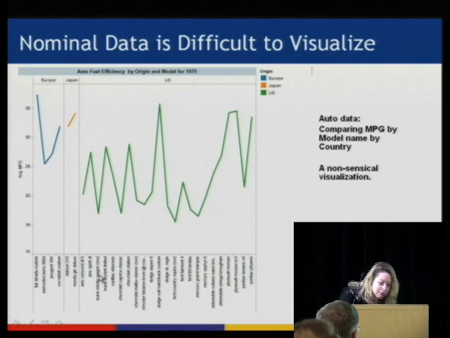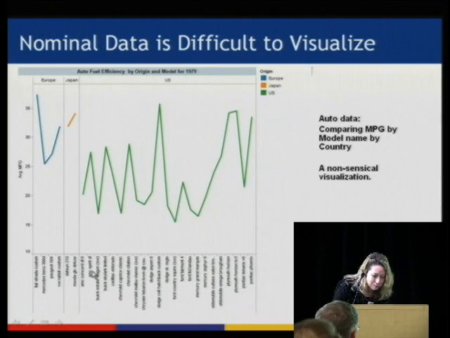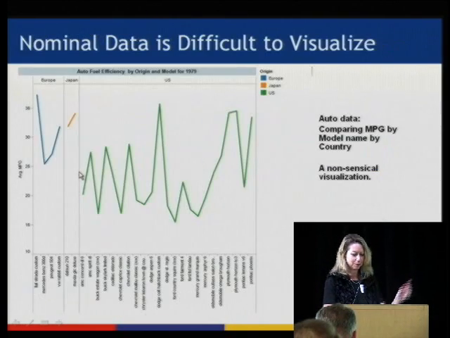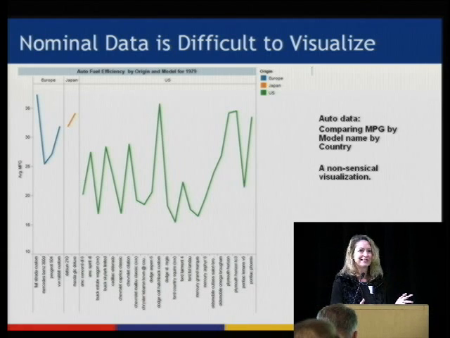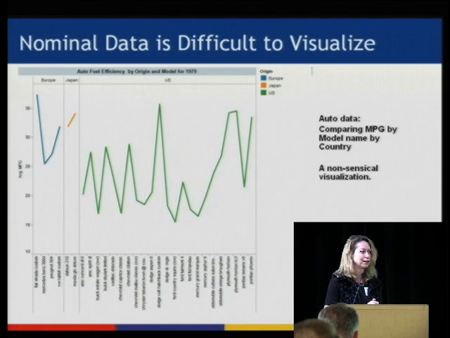So I have an AMC Concorde D6, whoops, and there's Cadillacs and so on. And so you kind of see this graph moving up and down, but it doesn't mean anything because there's no inherent order to models of car by their name. And when people try to visualize text, that's pretty much what they want to do. And it doesn't make sense to put words in some order like it does numbers.